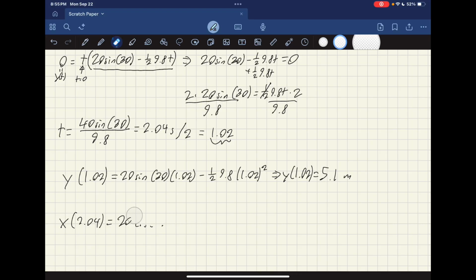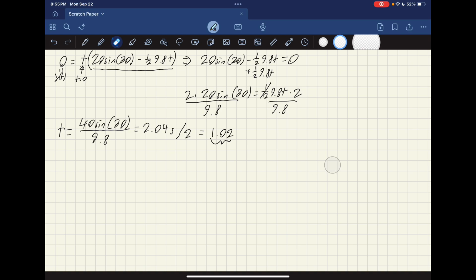I'm going to erase this to give myself some room. You can use the equation that v final squared equals v initial squared plus 2 times acceleration times delta y, or delta x, whatever